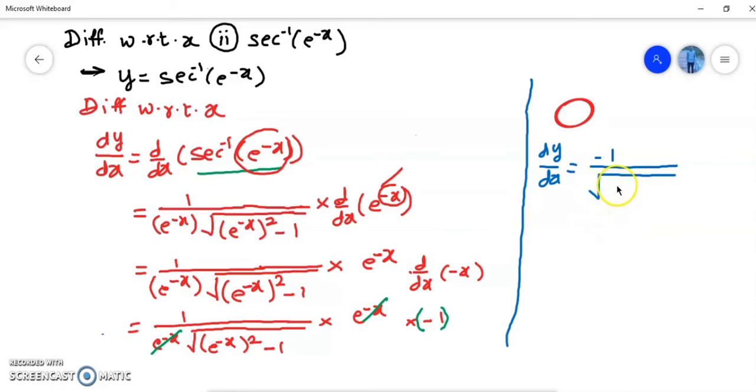I may write that as 1 upon (e raised to x) whole square, because e raised to minus x means 1 upon e raised to x, and minus 1,